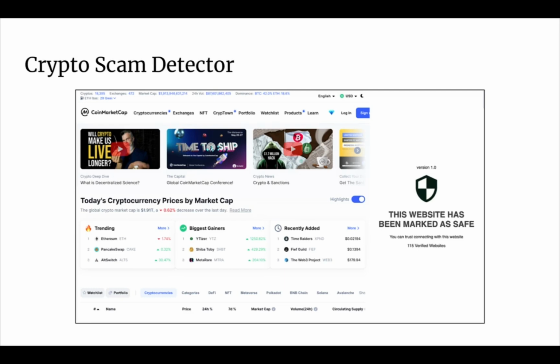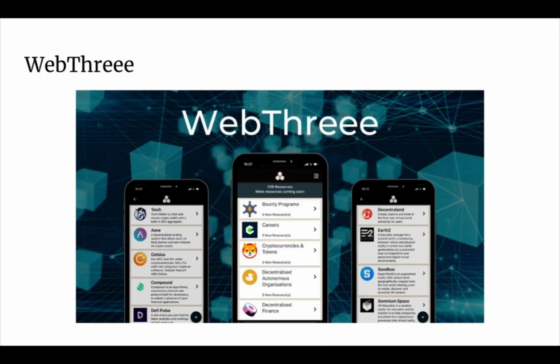If it's not in the CoinMarketCap database, it says it's unsafe. Web3 was a resource of over 239 Web3 resources, from careers to cryptocurrencies and tokens to DAOs, decentralized finance, and more.